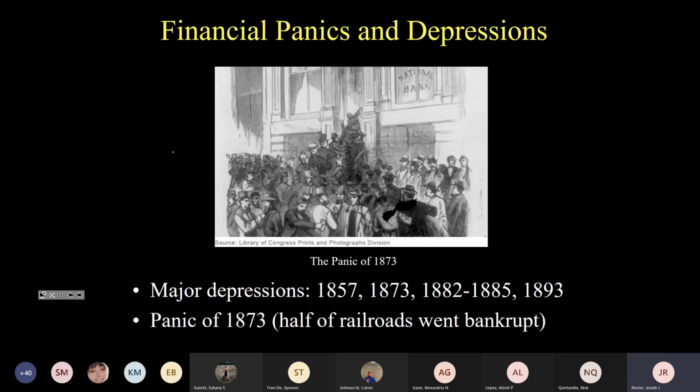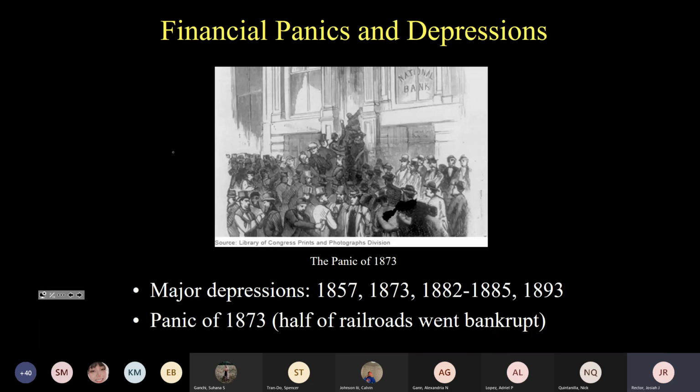Moreover, the economy was repeatedly convulsed by panics and depressions in the 19th century. This happened before the Civil War, during the Jacksonian period, and even going back to the Revolutionary and early Republic. But especially in the late 19th century, you have a series of long-lasting depressions that result in prolonged bouts of unemployment, bankruptcy, business failure, and suffering. So I'll just cite a few examples. One of the worst was the Panic of 1873.